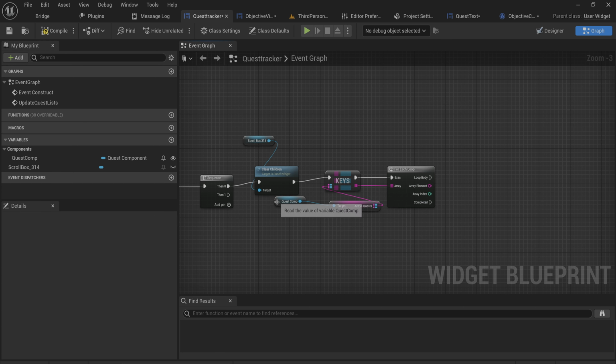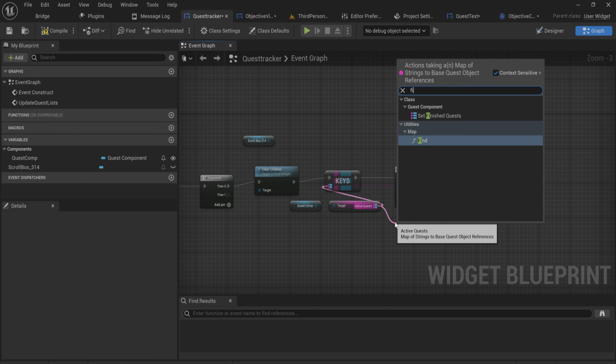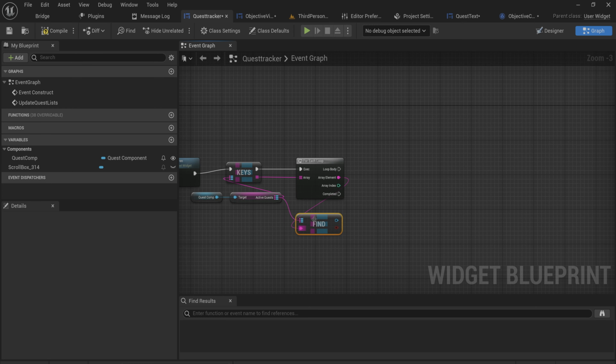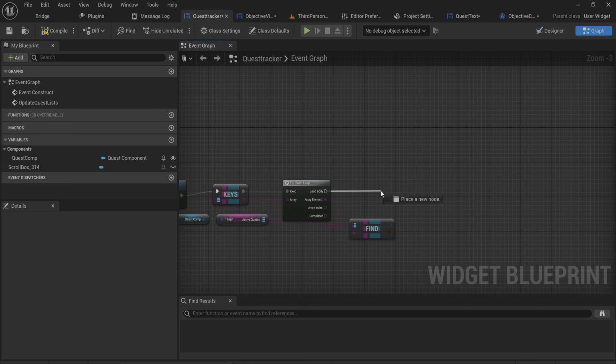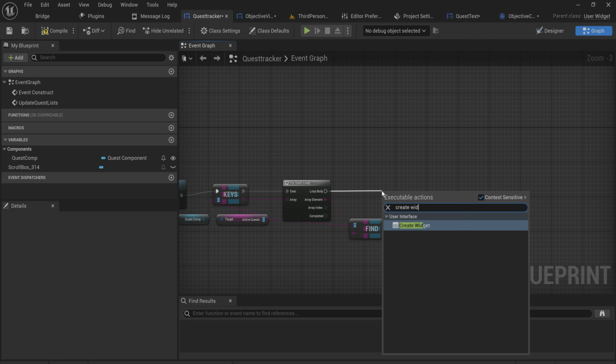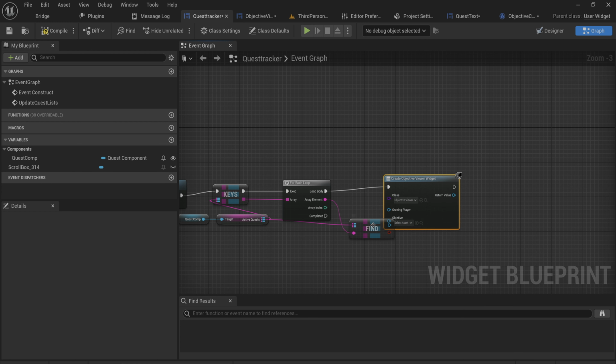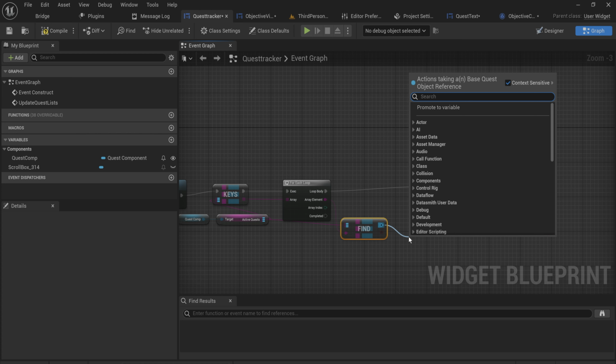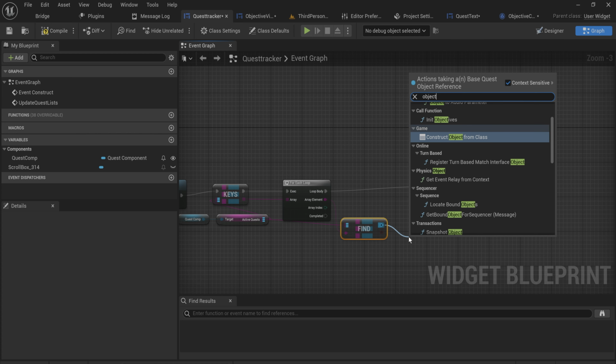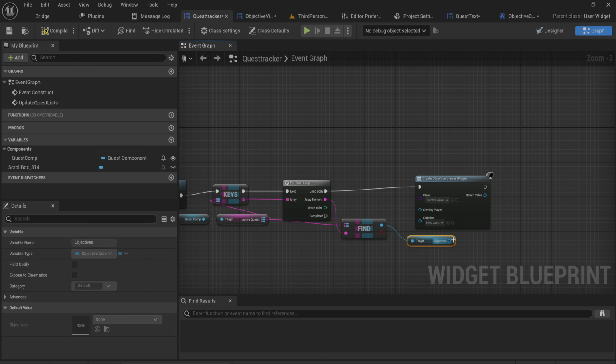Now, this is a little bit funky, because you can for each loop over a map in this way. If you get the keys and you do a for each loop over the keys, you can then use the map's find function to find that key in the map and then get the actual object out of it. And for each one of the quests that we can find, we're going to be adding a new widget. So we create a widget, and that widget itself is going to be an objective viewer, which of course needs an objective, but we can provide that because we have our quest here. So we can get the objectives, because it's a variable that we have on our base quest,